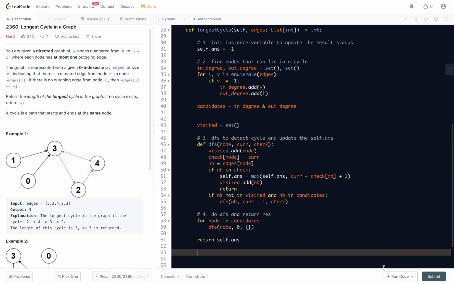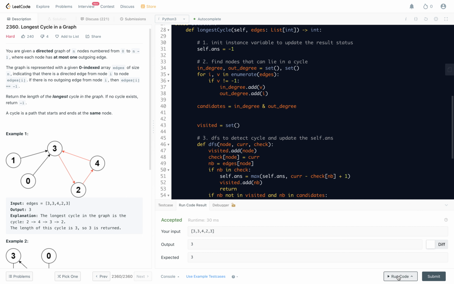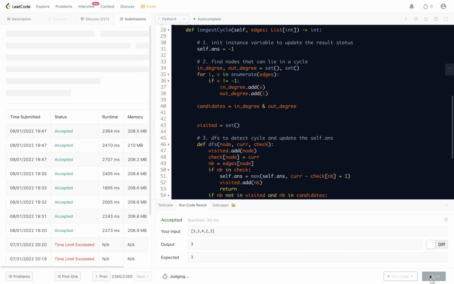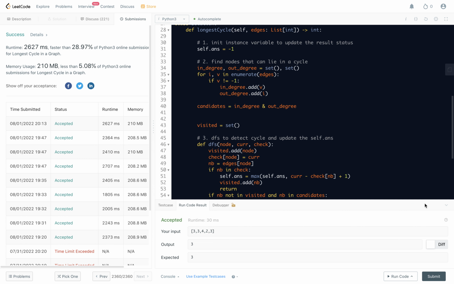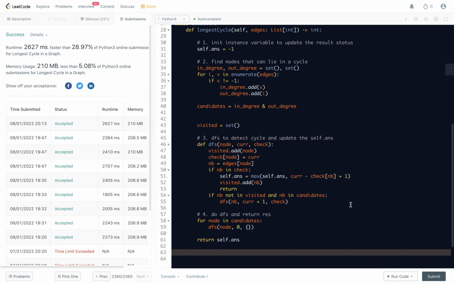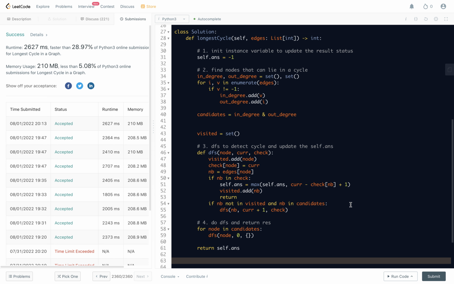Let's do a special case check. Yeah, it passes example 1. So let's do a generic case check. Yeah, it passes all the cases. I guess that's about it for this